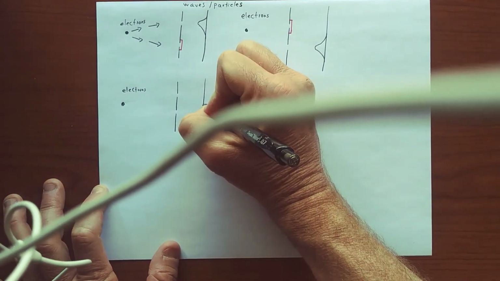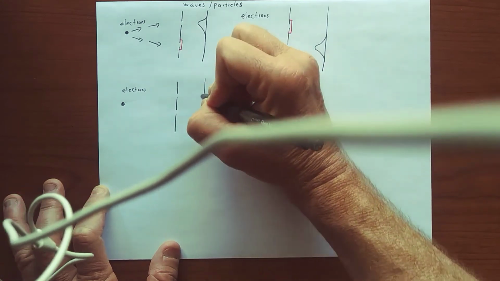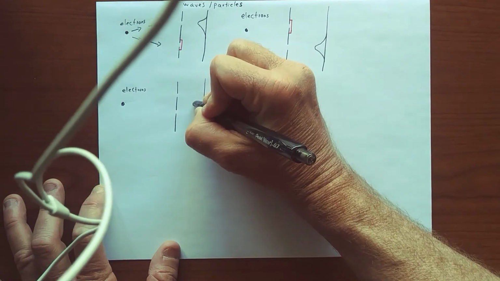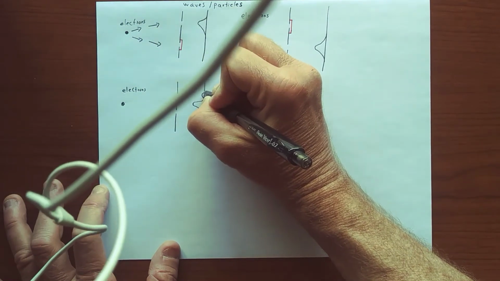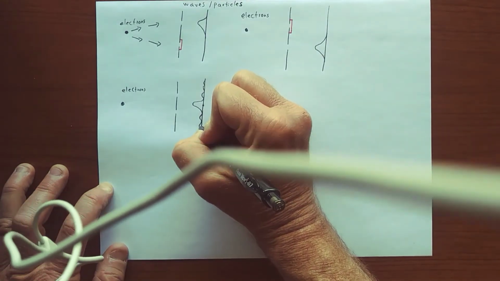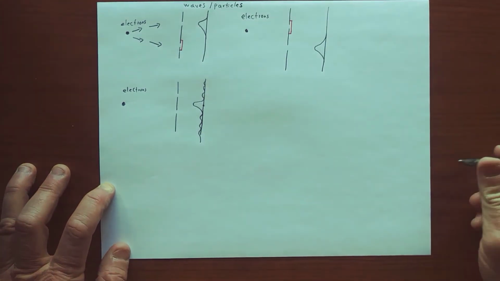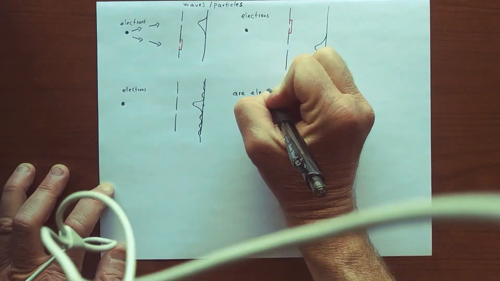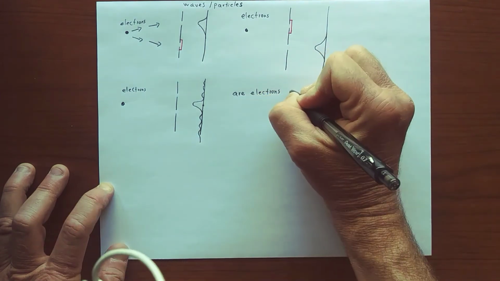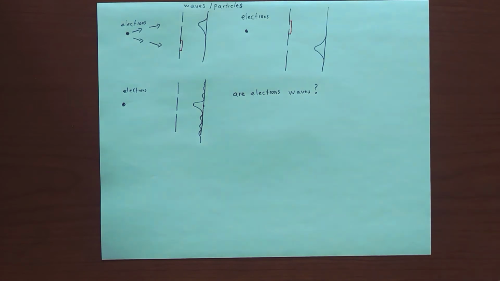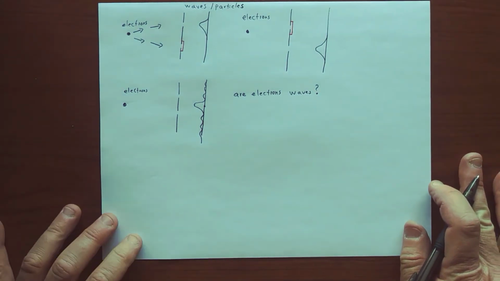So electrons will hit in different places, and we'll get a pattern that we're familiar with, but it's not the particle behavior. It's a wave behavior. So the question is, are electrons waves? This clearly suggests that electrons have wave-like behavior,